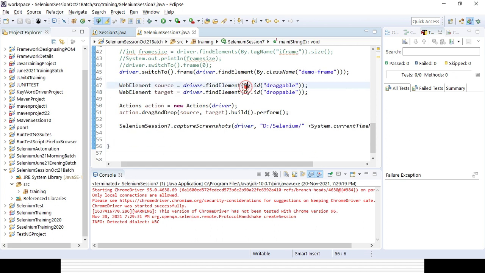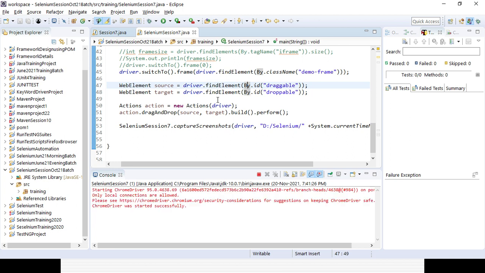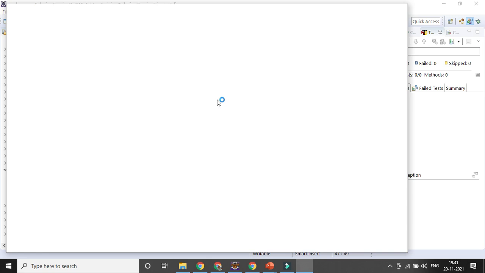Now let's run the code and see whether it is running and the screenshot is getting captured or not. It is launching the Chrome browser, maximizing it, entering the URL for the jQuery page.